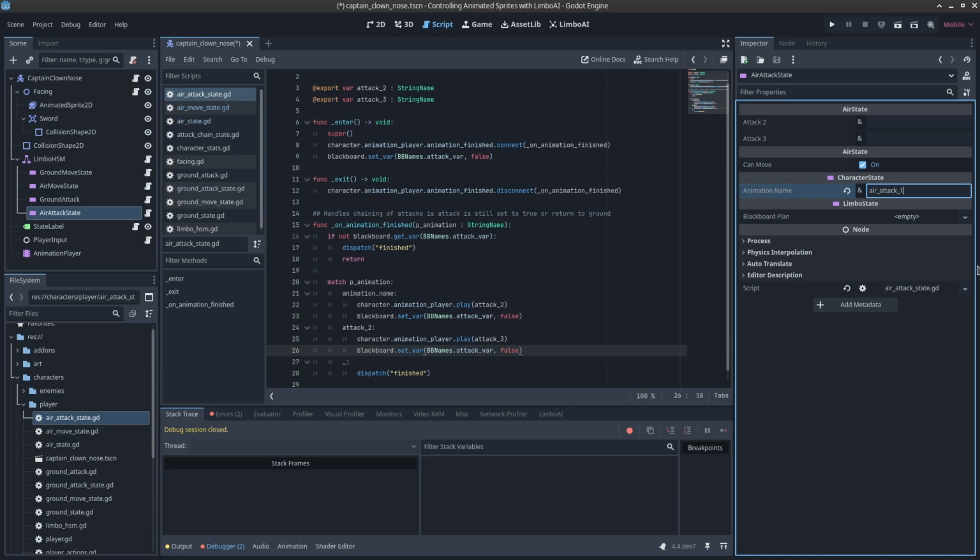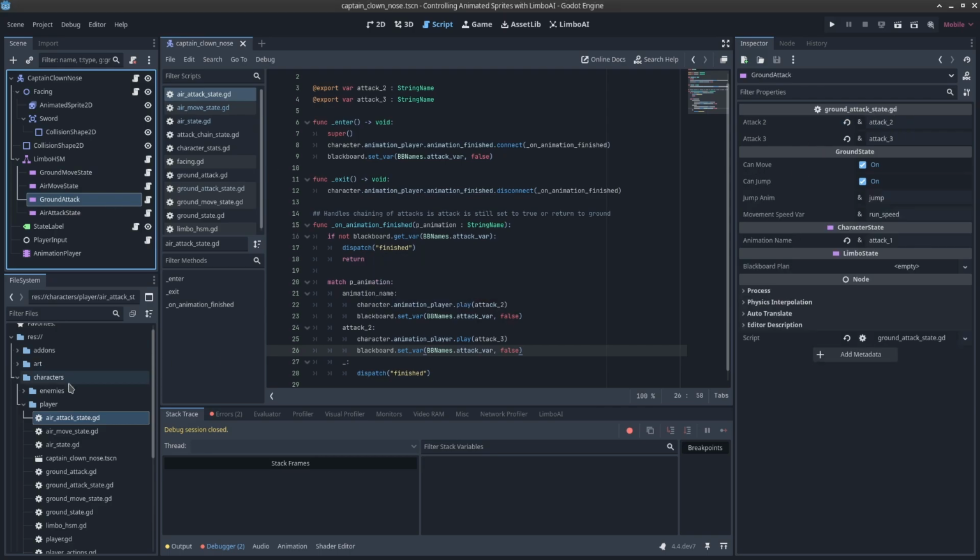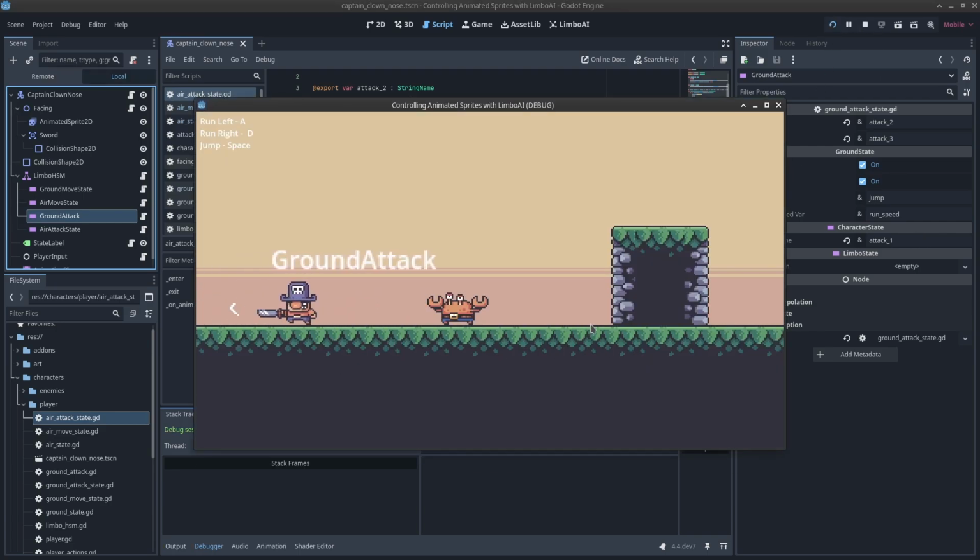So air attack 1 goes in here, air attack 2 goes in here, and the ground attack state is still using ground attack state, which is what we want. And that has all of the ground state variables. So I think if we hit play now, okay, our ground attack's working, our air attack's working, and our air attack can go back to the ground. Okay. Yeah, now everything's working pretty okay there. Yeah, okay, so that's a pretty clean state transition between these different states. After we add in like enemies and such, the character probably needs a hit state and maybe a death state,